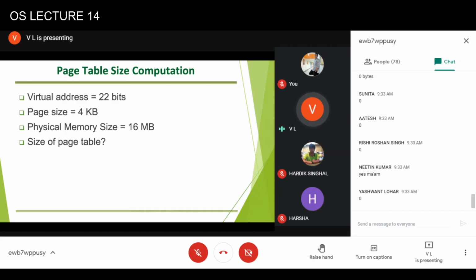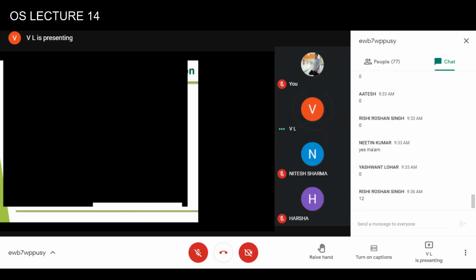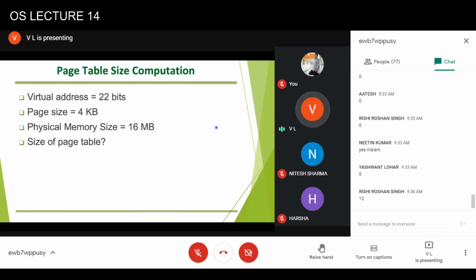Page size is 4 kilobytes, so what will be the number of bits required for offset? 12. Okay. Now, what can you say about the number of virtual pages?